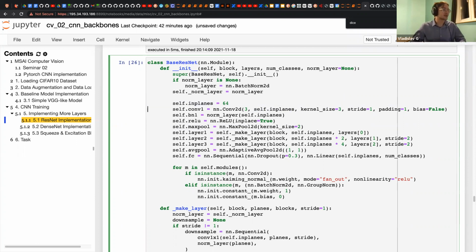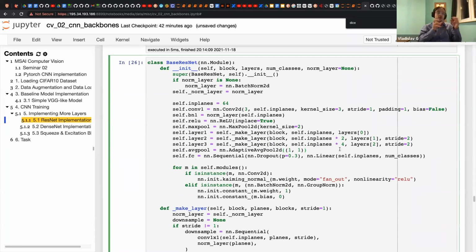Yeah, 64 exactly. That's the standard for ResNet. Then we have max pooling, and then we have this. That's why we have written all the code above. Usually in such networks, we just create some building block and then provide different hyperparameters to that block to have different implementations. But it is very time consuming to adjust all the shapes.